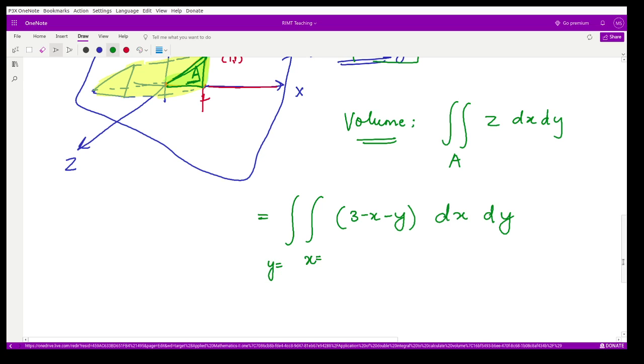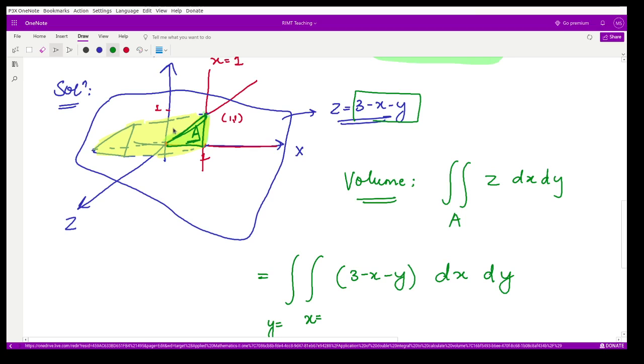Now what would be the limits of x? For that I have to draw this horizontal line over here. When I draw this horizontal line, so I will look at this lower value and this upper value for x, because here on this line x is changing. So what is the lower value of x here? So it would be according to this line. The line is y is equal to x. So your x is equal to y here. And the upper value of x here, the value of x is equal to 1 according to this line. So this limit is equal to 1 here.